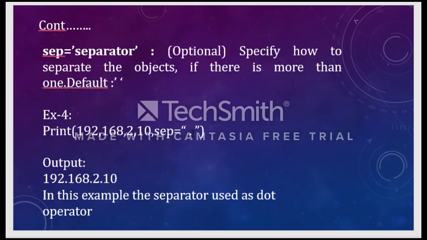Likewise, we can write any separator. We can also mention @. If you mention @ here, then you will get the answer separated by @. So that is one of the features that we have to work with the print function.